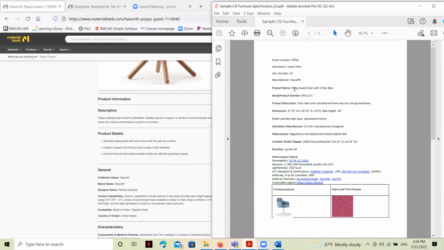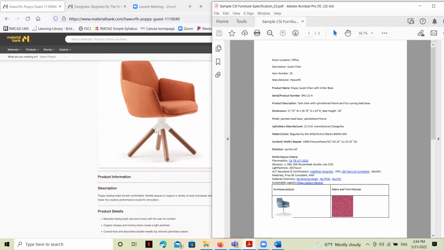The brand, the product name, the product number, a description, some dimensions, and information about the finishes. Now, I have put my version of that chair over here, and you can see it's just copied and pasted from the website down here. Like I say, they don't have the star base that I wanted. They just have this a little bit more contemporary base shown.